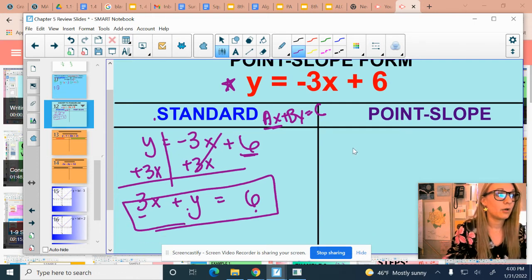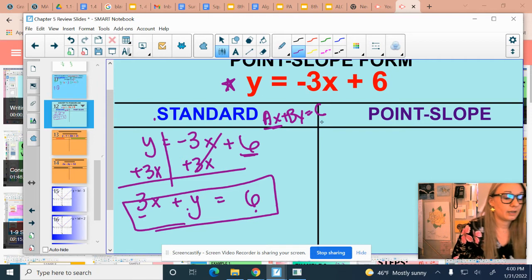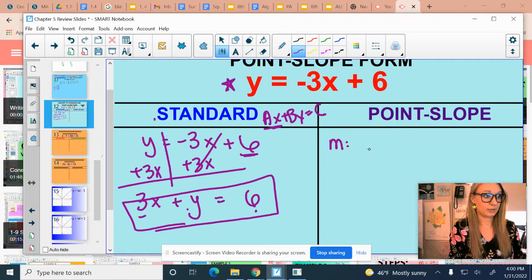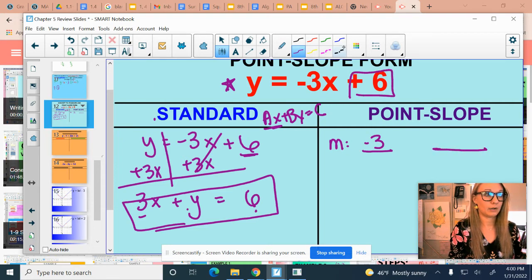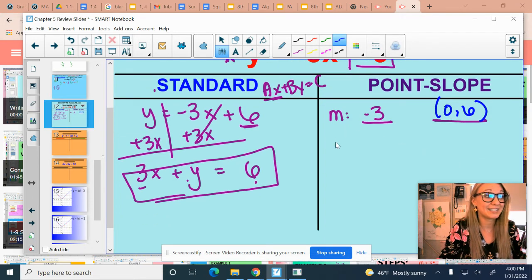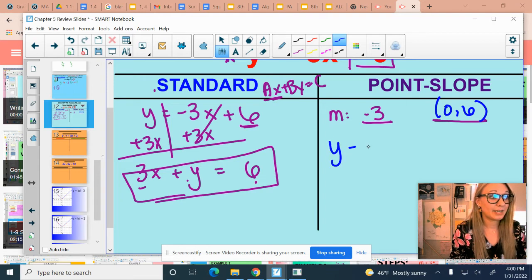Now, for point slope, this actually isn't too bad. All we really need is m, which I can tell from above is -3, and an xy pair. If we know that our y-intercept is 6, we can always just use that. It's so easy. So when I'm writing out my whole form, and I'm sorry if I'm annoying you by doing this,